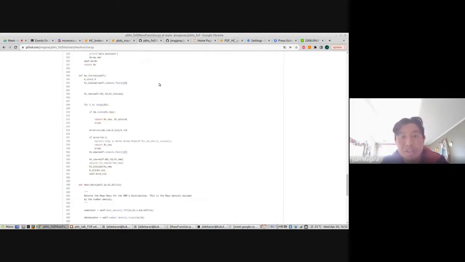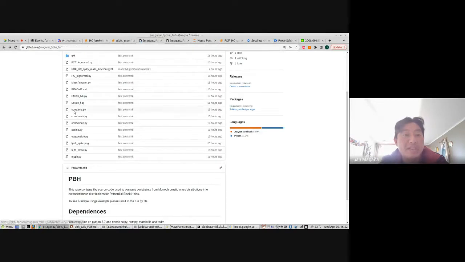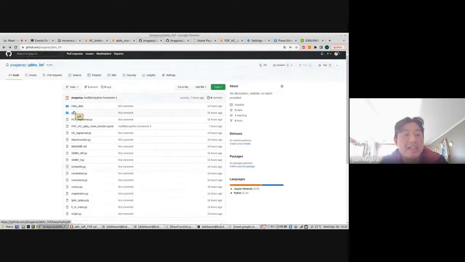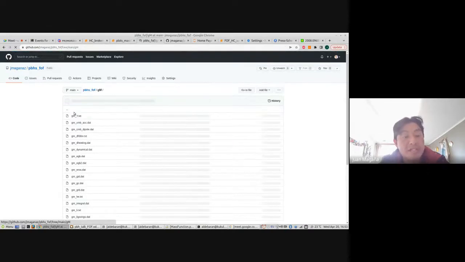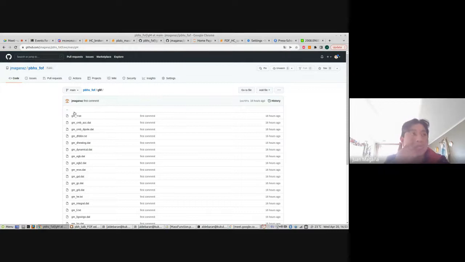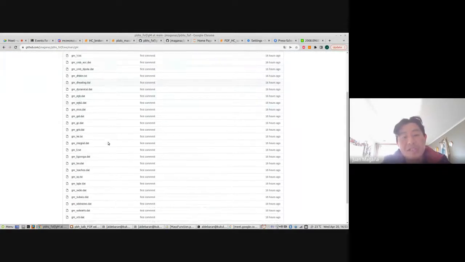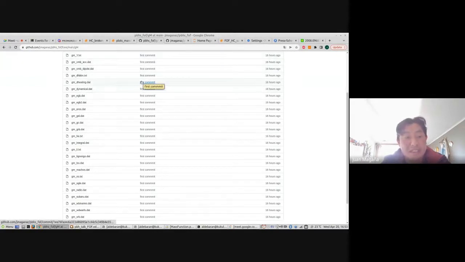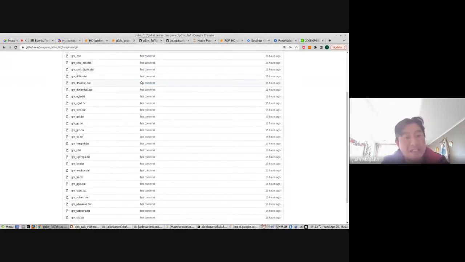For example, like Joaquin said, in this repository there are all the files of this output function or the filter function, the inverse of the curves of 1 over f. We have all the observational constraints in the table of Joaquin's papers; they are the same observational constraints presented by Carr.